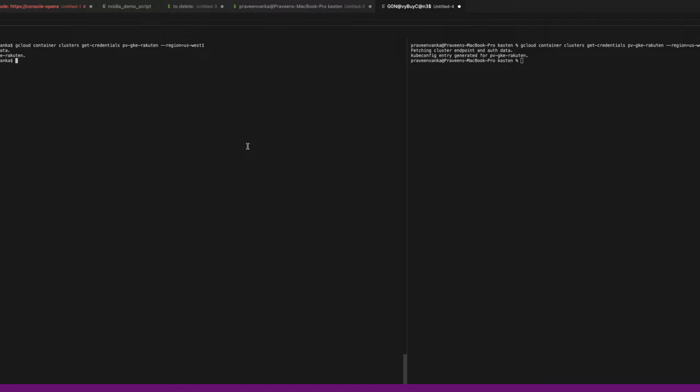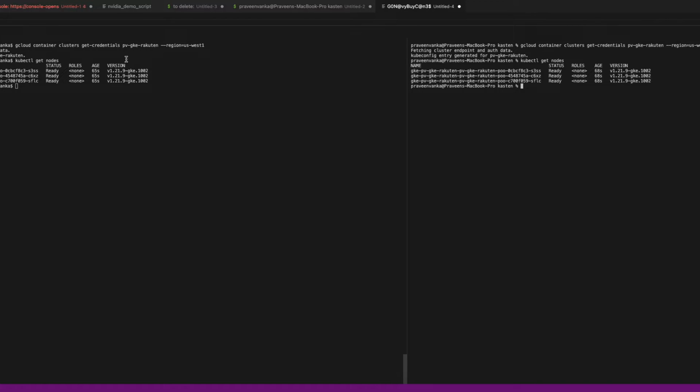Okay, the next thing we want is to be able to show you that this is indeed a new cluster, right? And I'll do the same thing here, so you know it's just accessing the same cluster in 2 different sessions. You'll also see there's really nothing installed. So the next thing we want to do is install Kasten with very default configuration for now,